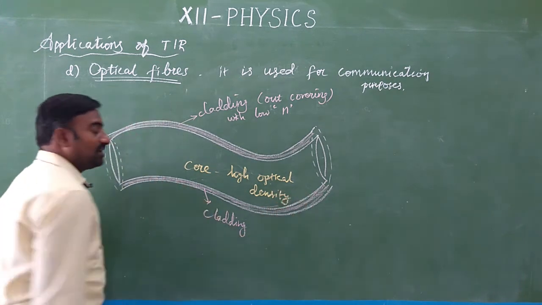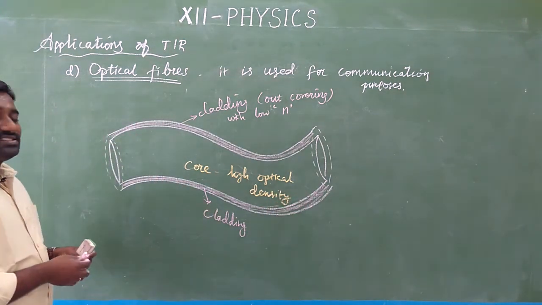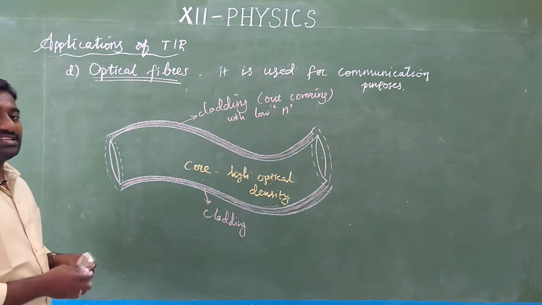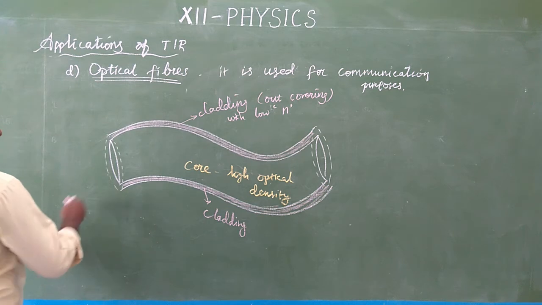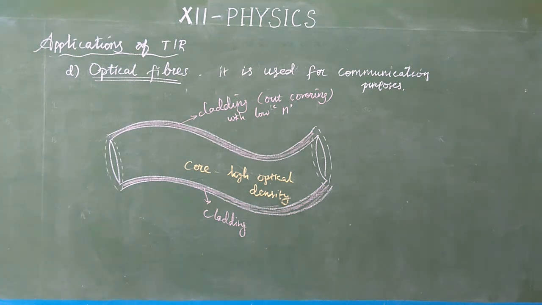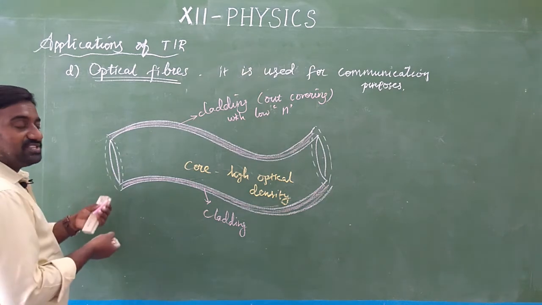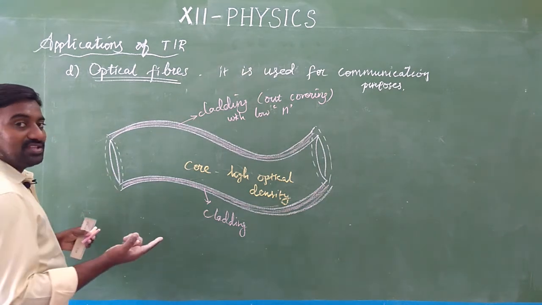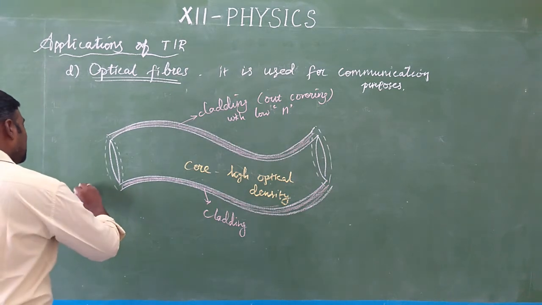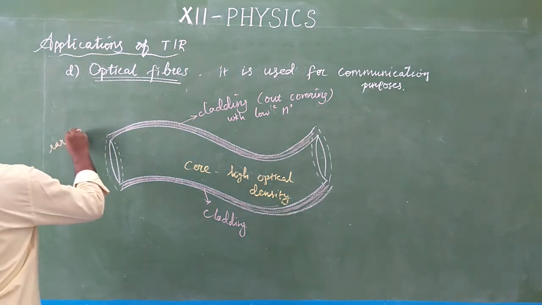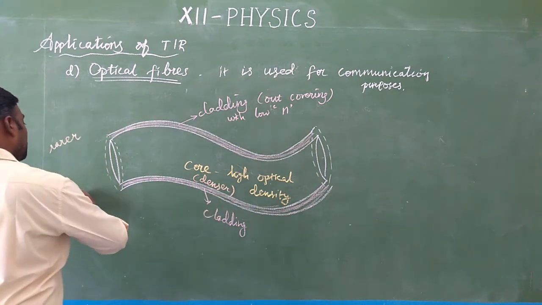We know that energy can be converted from one form to another. So the internet signals are converted into light signals, mainly laser signals. Then the converted light signals are allowed to pass through this optical fiber. Even if you bend or twist it, it won't break, and there is no change in the loss of light. It continues to glow.